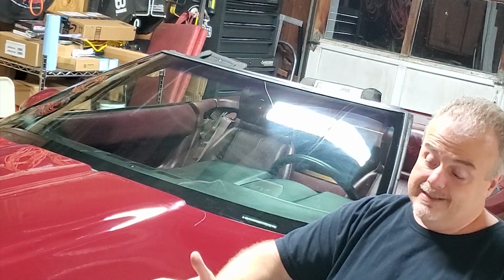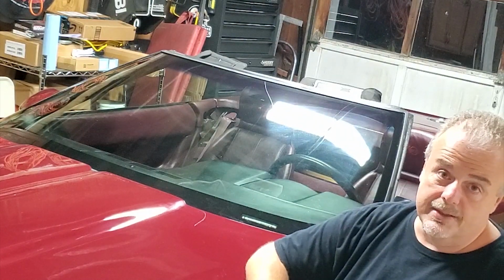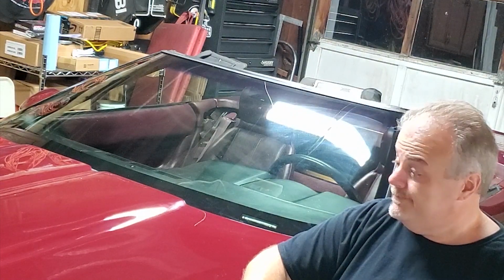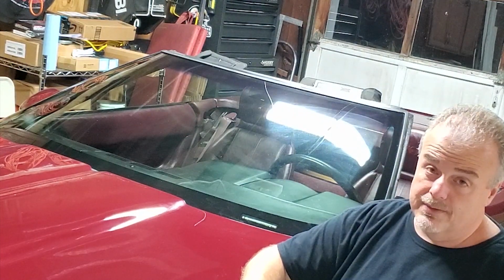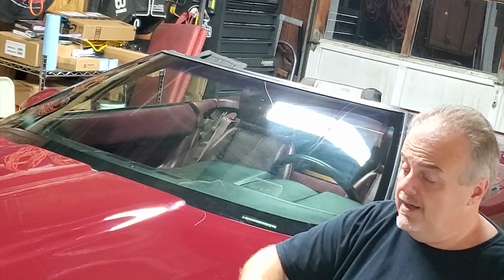Beyond that, like I said, she's a solid car all the way around. I've already done the front suspension and the brakes. Now I'm going to do the rear and find out why that sensor light, that check engine light, is coming on and see if I can get a code and see what that is. And today,